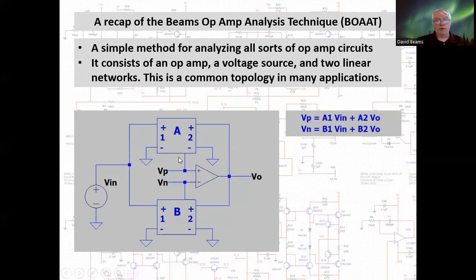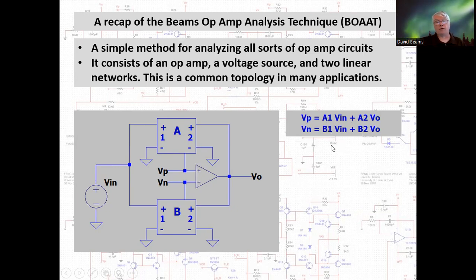Network A produces a voltage at the non-inverting input, which I call V sub P, which is a linear combination of the input voltage and the output voltage with weights A1 and A2. And network B produces a voltage at the inverting input, which I've labeled V sub N, which is a linear combination of Vin and Vo with